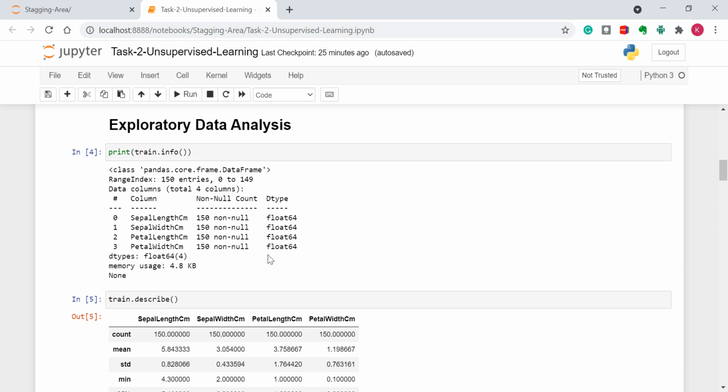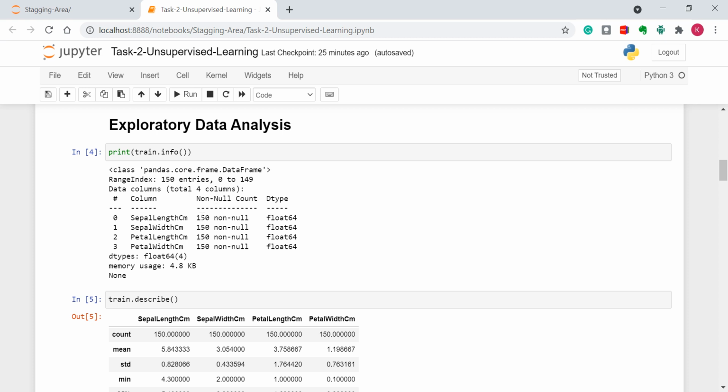Whenever we have imported the dataset, the first step we have to do is some exploratory data analysis to get some insight about our dataset. We will be using the info method and describe method for exploratory data analysis in this process. The info method returns general information like number of columns, column names, whether it has any null value or not, and if present, how many null values there are.